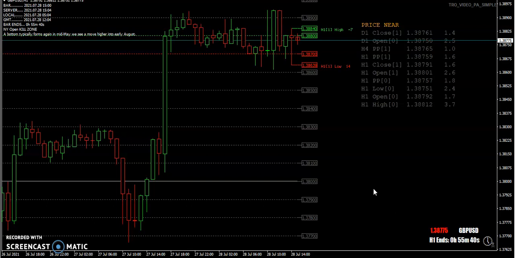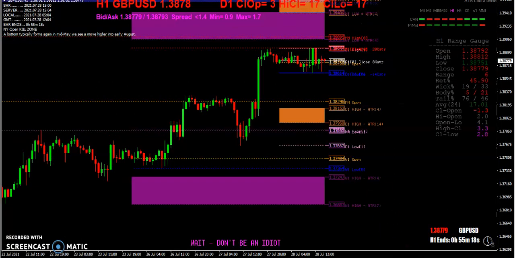unless there's some really big anomaly, I'm not going to have a day that's going to be above 150 pips. I mean, are there days to do that? Sure, but they're so outside the scope of reality that it's just something that doesn't happen. So one of the very first things I do when I get up in the morning is I open up and I look at my smart ranges